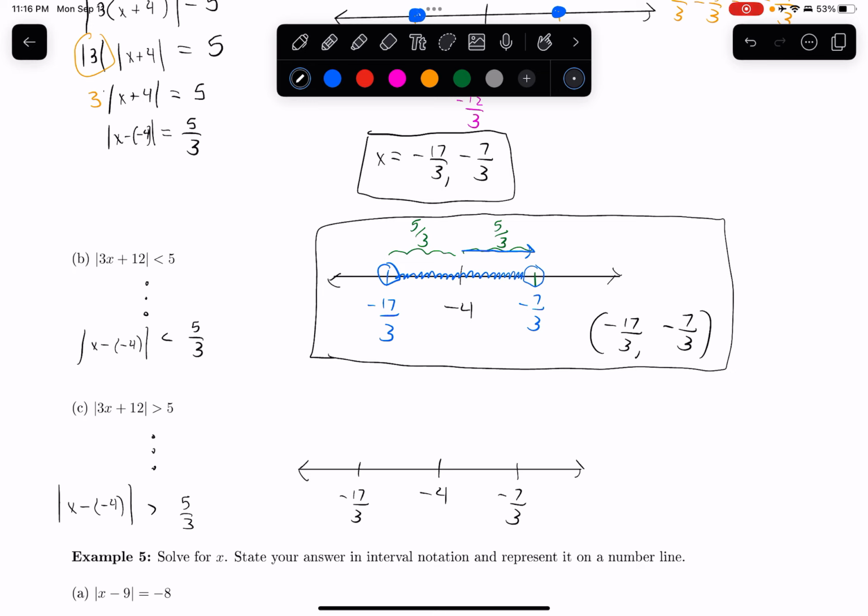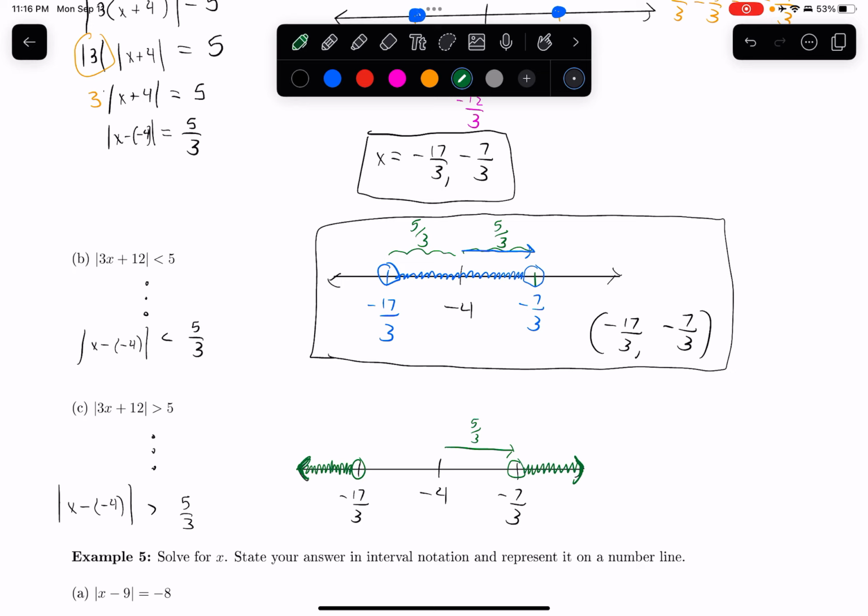But this time I want my distance to be bigger than 5 over 3 away from that negative 4. So there's no equal sign again here. So still open circles at these endpoints. But I want my distance to go beyond those endpoints because it's bigger than 5 over 3 away. So I go beyond and outside of this endpoint and similarly outside of this other endpoint. That's where my distance is more than 5 over 3 away because this is a distance of 5 over 3